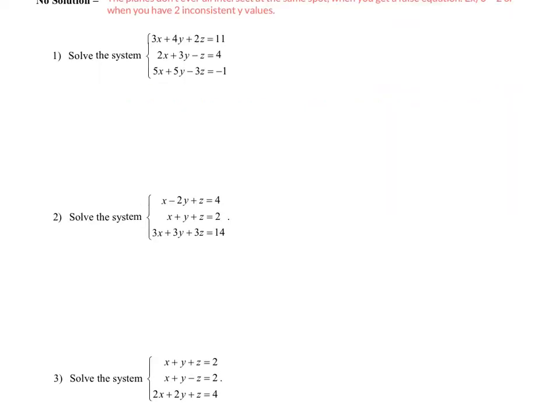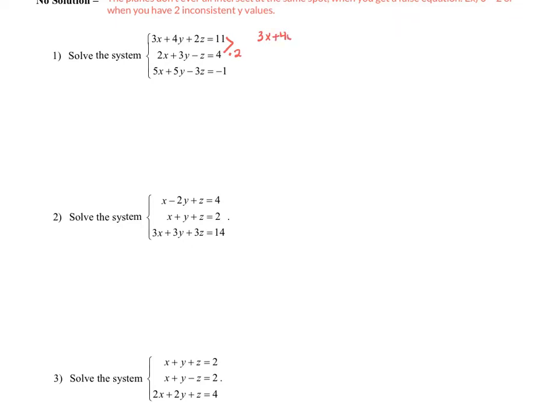In solving this three variable system of equations, I'm typically going to use mostly elimination and probably only a little bit of substitution. The first thing I'm going to do is, if I look at my first equation and my second equation, I have a 2z and a negative z. So the first thing I'm going to do is eliminate z. I'm going to do that by taking that second equation and multiplying it by 2. So I'm going to get